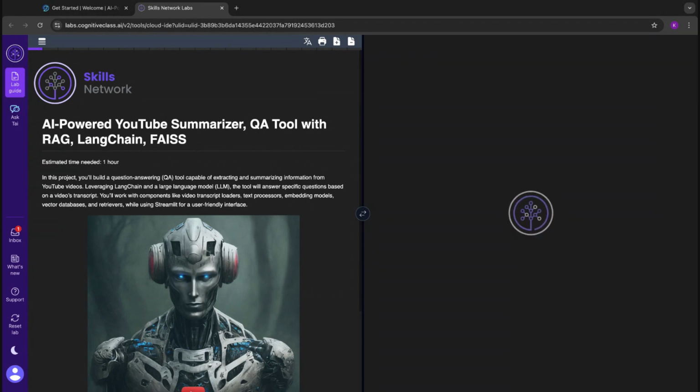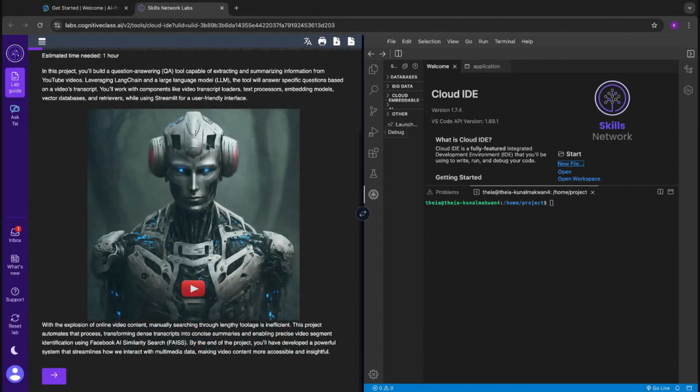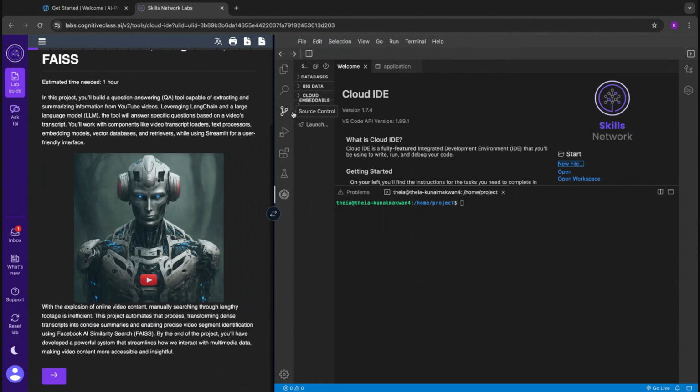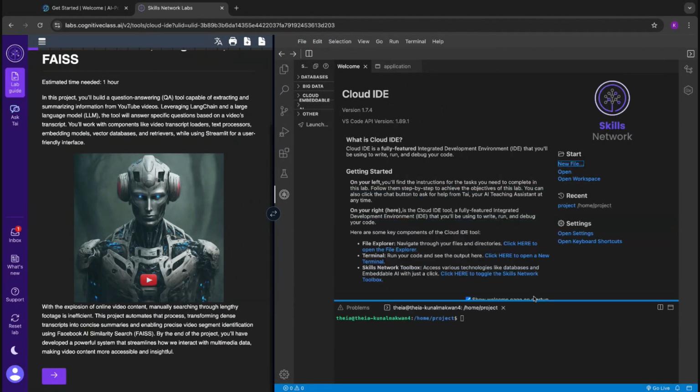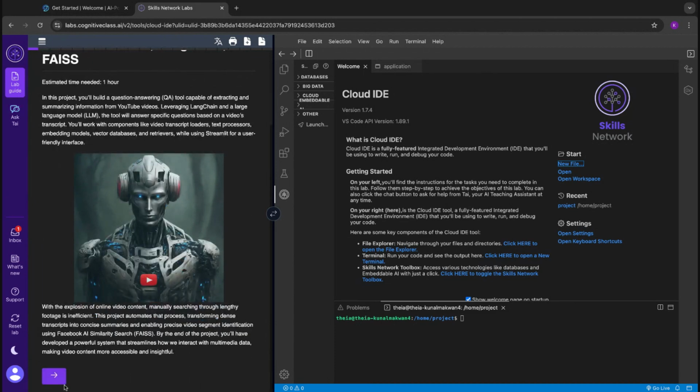So this is the basic interface of Cloud IDE. Here you have multiple functionalities. On the left side, you will have the instructions which you need to follow along with the guided project. And on the right side, we have the IDE, so we can code over here and install libraries. Apart from that, it also has cool features, like you can use this assistant to help you with the lab, and there are other functionalities. This is the introduction page for this guided project, and it also has this symbol at the bottom. In order to navigate to the next screen, click on this